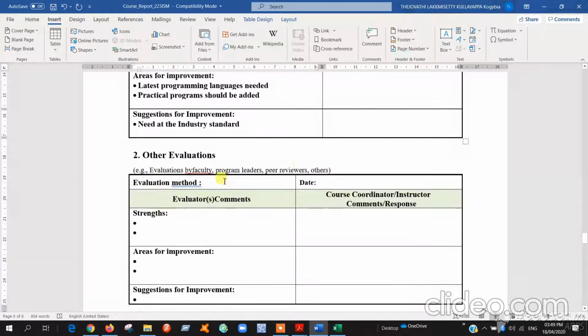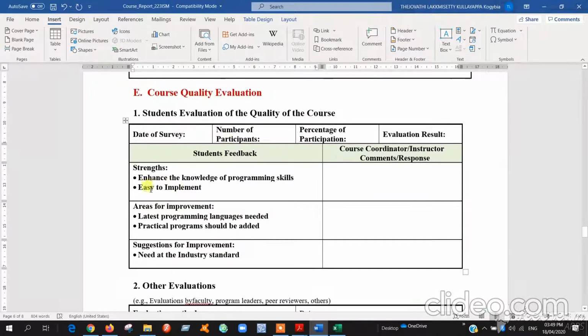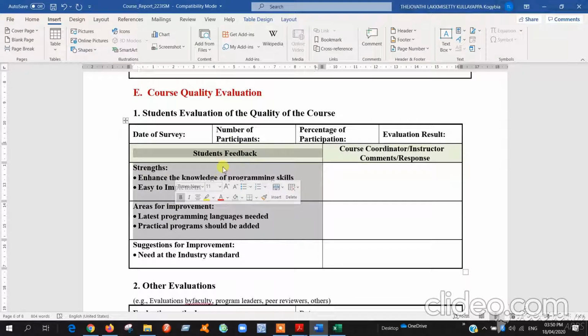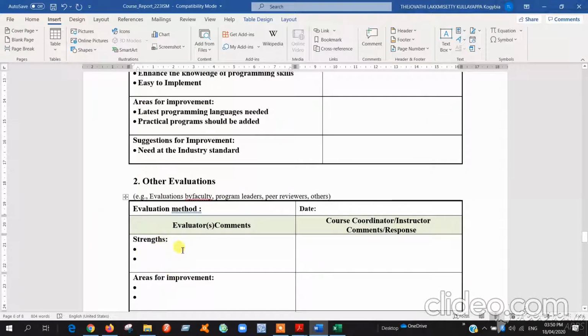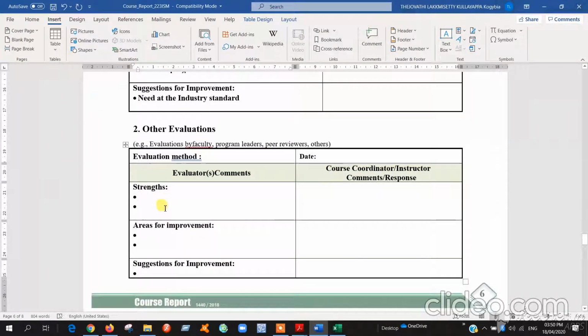And other evaluations, like evaluations by faculty, program leaders, peer reviewers and others. You can contact your head, or a friend if you got any new ideas, and write the strengths and areas like this.